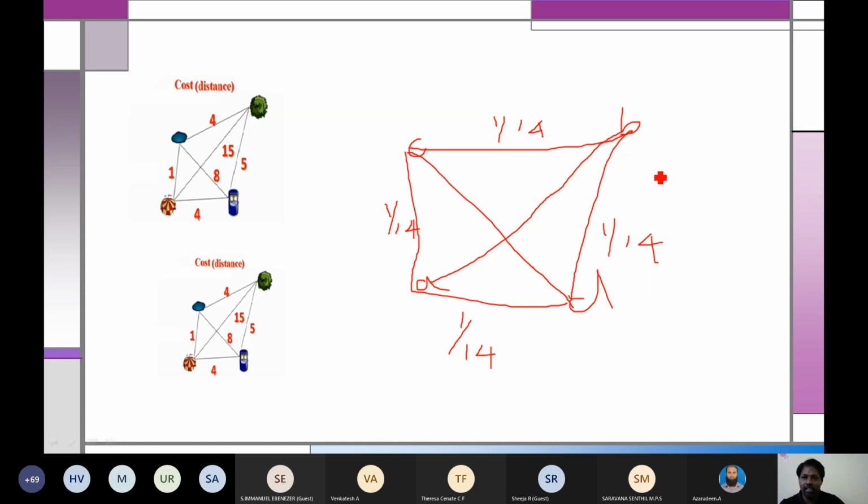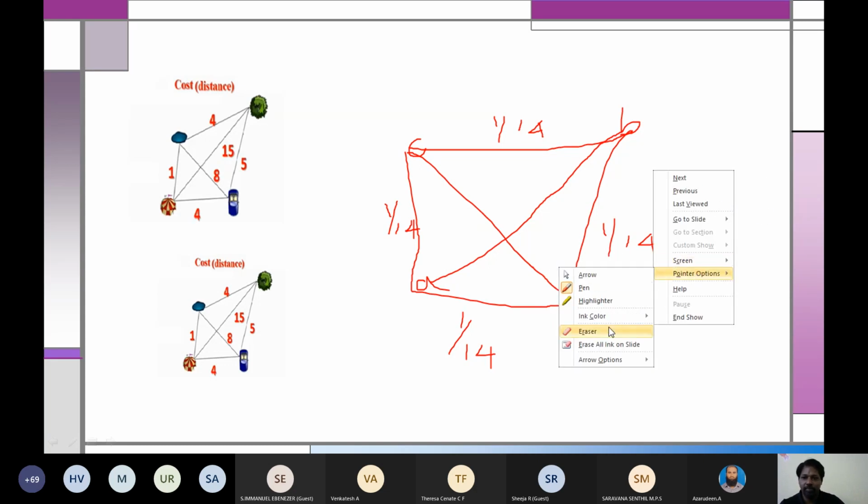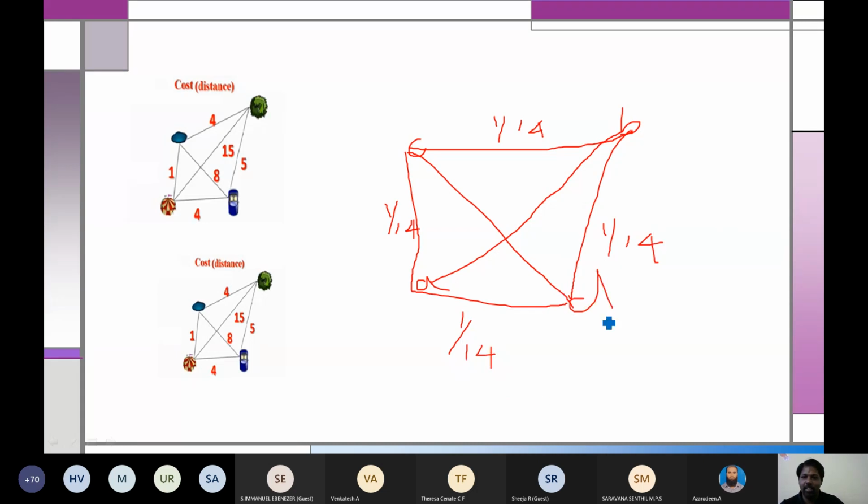And the second ant has traveled. If you understand, then this is very easy. The second ant has traveled in this one, so the total is 1 by 31, because two ants are traveling, which means it's a sum. Then it went to this path, started with this path. This is 1 by 31. It came back in this path, so this is 1 by 31. It came back in this path. This is 1 by 31.